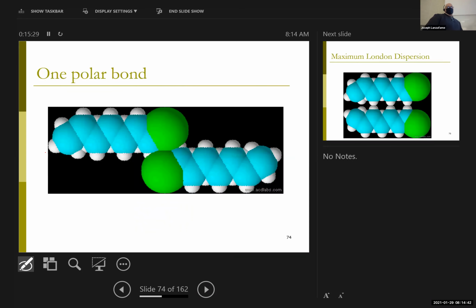If I have a much bigger molecule like this, that's a chlorine on the end of one of my caterpillars, this whole part of the molecule here is nonpolar. This whole part of the molecule here is nonpolar. My van der Waals force is over the entire molecule, whereas the dipole-dipole interaction can only exist where the polar bond is,